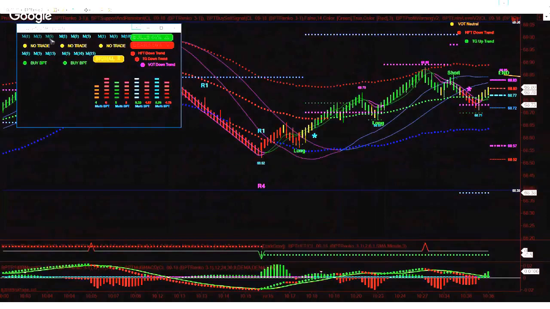And then the M3 has 10 indicators, then combined, 30 indicators plot one signal. So there are 30 indicators plotting one signal based on 1, 2, 3 minutes. This one here, 1, 3, 5 minutes, 30 indicators plotting. And then you have 1, 3, and 10 minutes plotting one signal with 30 indicators. And 3, 5, 15 is 30 indicators plotting one signal. And then you have 30 indicators plotting one signal based on 5, 10, 15 minutes.